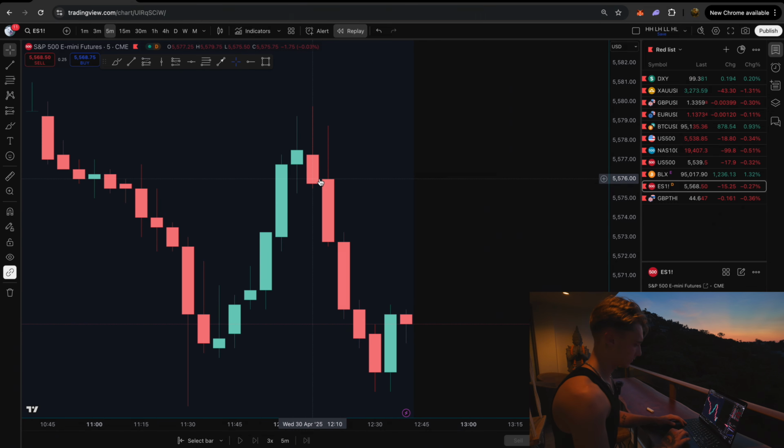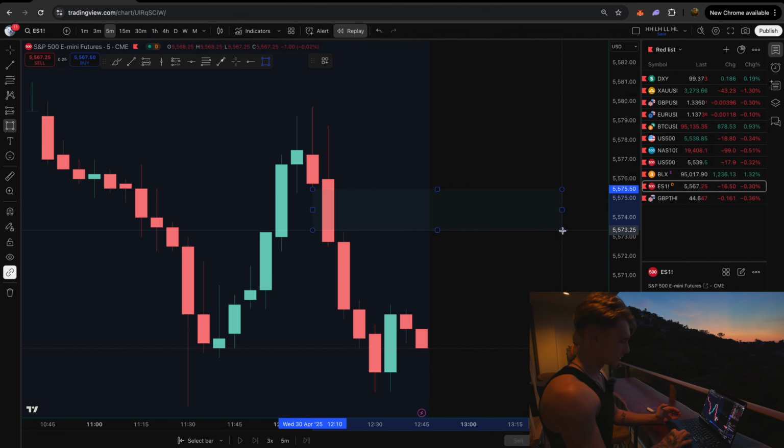We've got a 3 candlestick pattern, 1, 2, 3. The first wick and the third wick do not meet. They don't meet, so it causes a gap in the market. Now, we've got our box here. This is how I draw them out on the chart. We use our box tool, we type